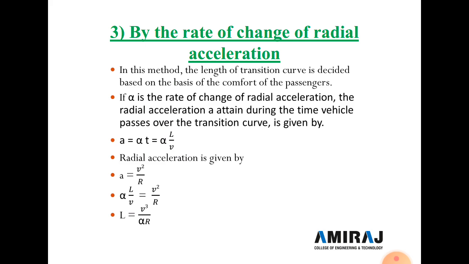So length of the curve divided by velocity of the vehicle. Now radial acceleration is given by a equal to v squared divided by R. Clear? So a is alpha L divided by v. So write it here, and v squared divided by R. So L is equal to v cubed divided by alpha into R. So alpha is the rate of change of radial acceleration. So these are the third method for finding out the